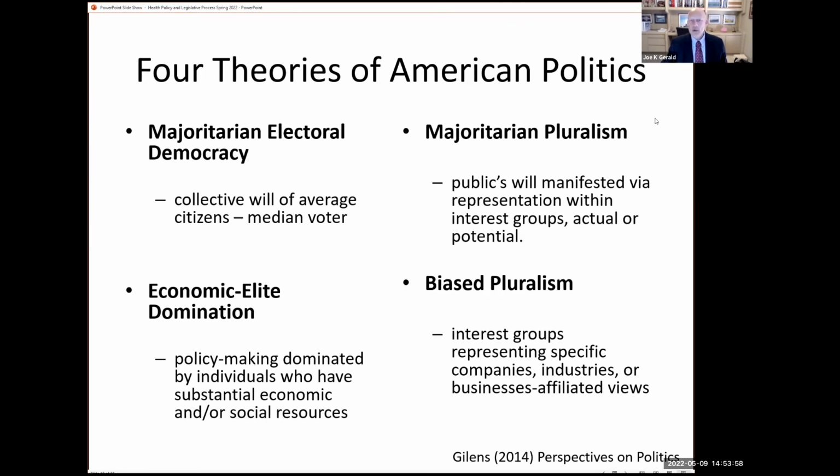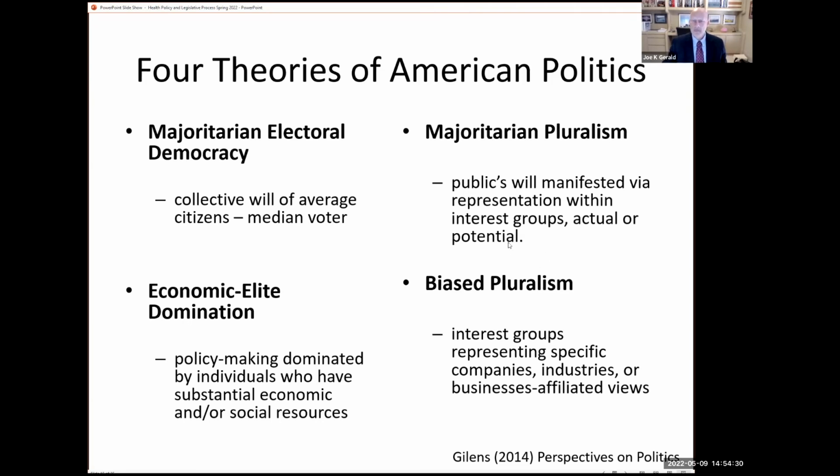Okay. And then we have two theories that basically say voters don't matter. What really matters is interest groups. The first theory is majoritarian pluralism, which is analogous to majoritarian electoral democracy, but it basically says all interest groups are equal. And there's an infinite number of interest groups that could potentially form. And elected officials are going to be responsive to the median interest group. They're going to look to see how the interest groups align, and they're going to try to stay somewhere in